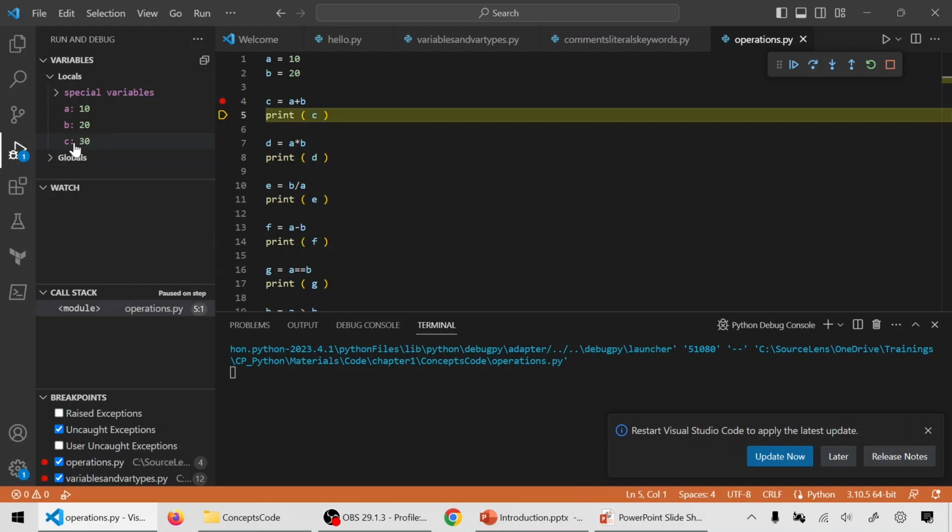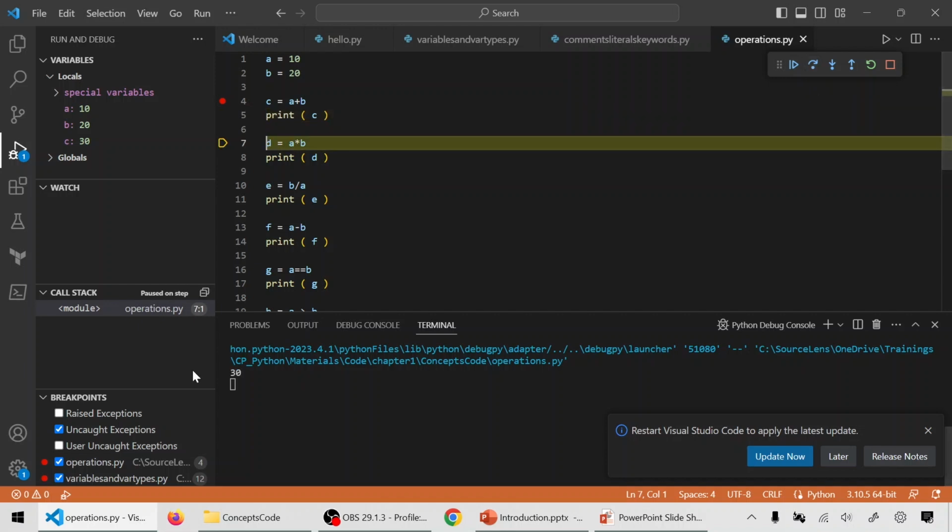And C has appeared here with a value 30, which is A plus B. And I'm yet to print C. C has not printed yet, so this line is yet to execute. I'm going to execute that line. Now it has printed 30. Remember, I'm not executing the program in one shot. We are debugging. I can execute the program in one shot if I want, but for teaching purposes,